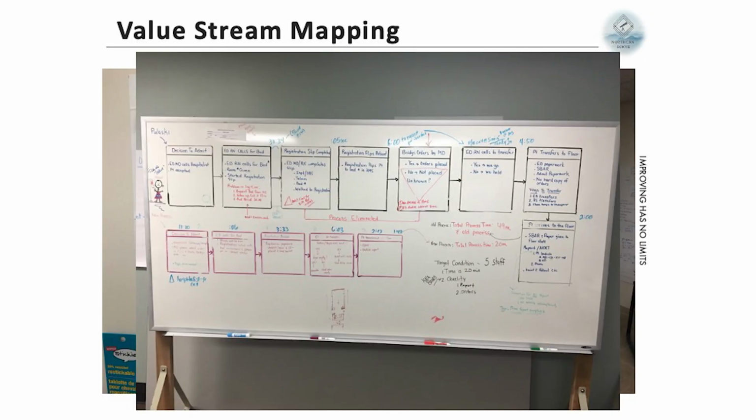It's a great little tool to see flow. This is an example of a value stream map that was done where it was trying to solve a problem. Good question: what problem are we trying to solve with it? This particular group was trying to solve the amount of time it takes to admit a patient to med-surg. And so what they did is they jotted down the process steps, then they walked the process,